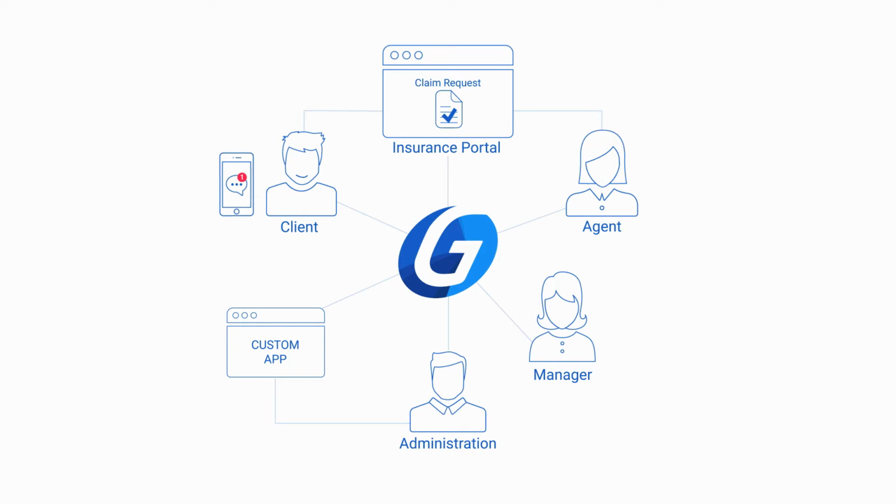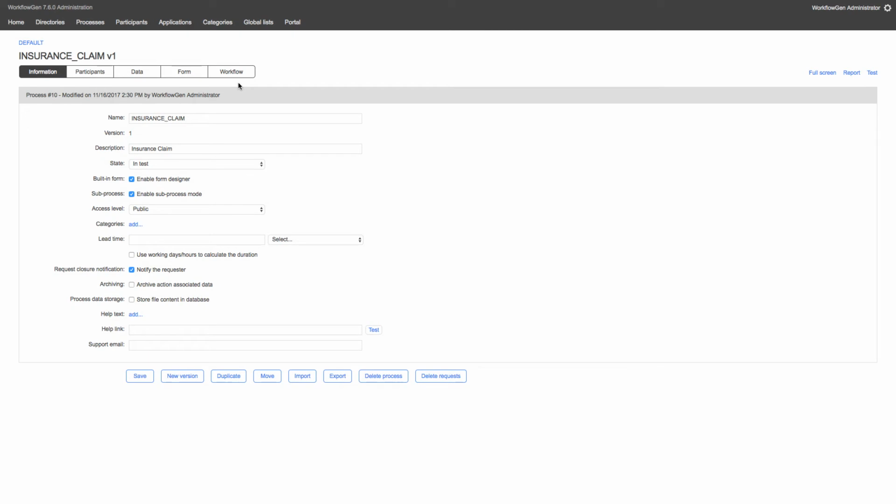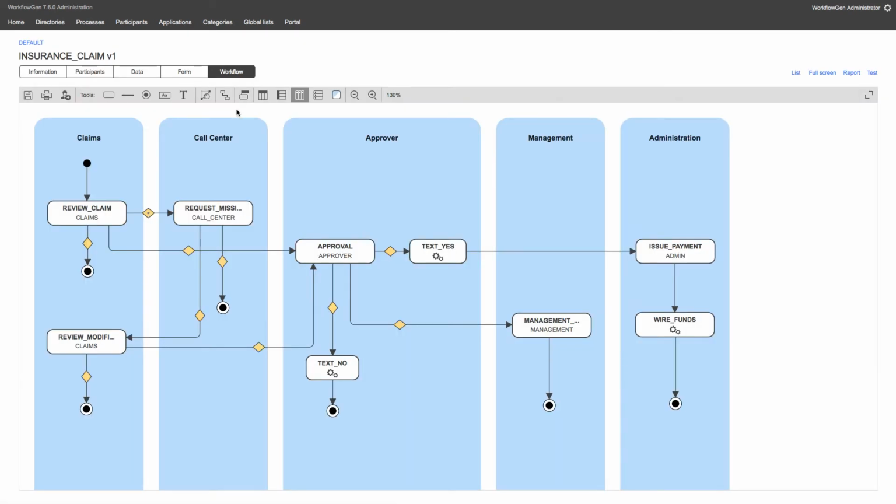Let's see how the process and the integration points are configured and how they all work together. First, the claims process is created using WorkflowGen's graphical workflow designer. By using a visual overview approach, no steps are forgotten, and the workflow is set up to automatically route requests to the right people. Contingencies can be planned, like when more information is needed for a claim, such as receipts. In this case, the call center can contact the client right away to request the missing information, and as soon as they've received it, it'll automatically be routed back to the claims department for verification,